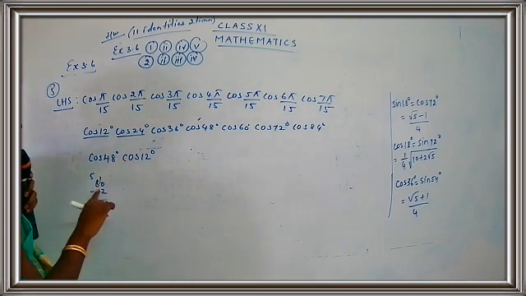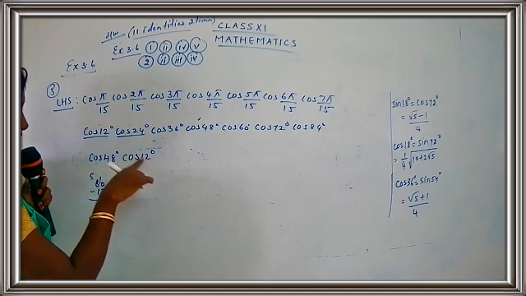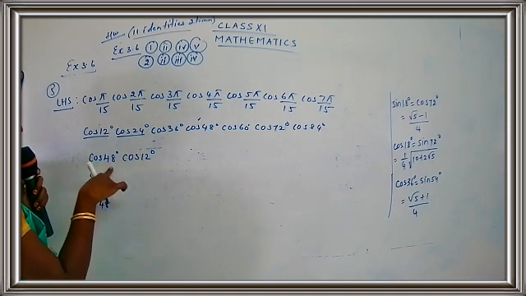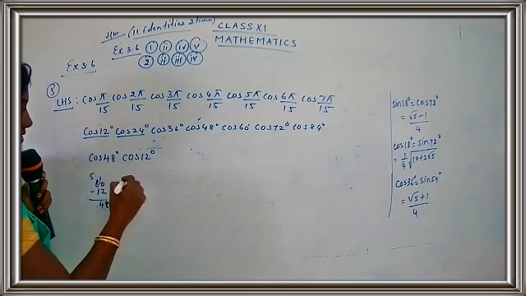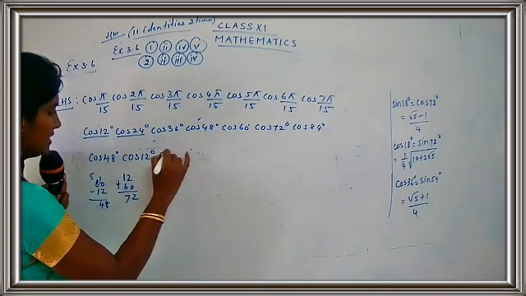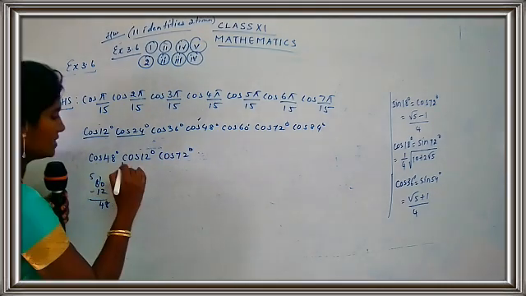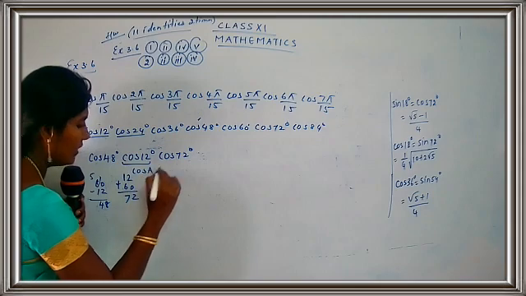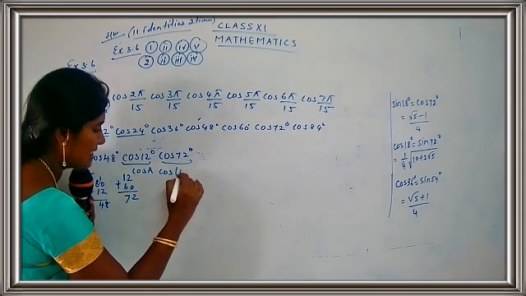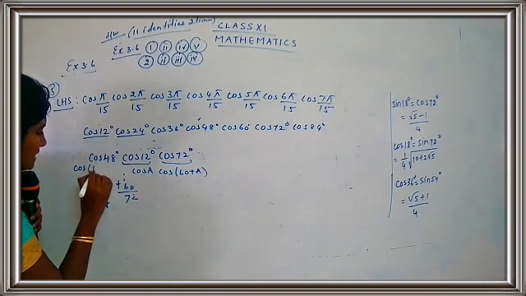This is 60. I told you this is A. This is 60 minus A and 60 plus A. So 12 plus 60, 72. So I get another pair here. Are you getting my point, children? So what we have done, we have chosen a cos A pair, we have chosen a cos(60 plus A) pair, and also we have chosen a cos(60 minus A) pair.